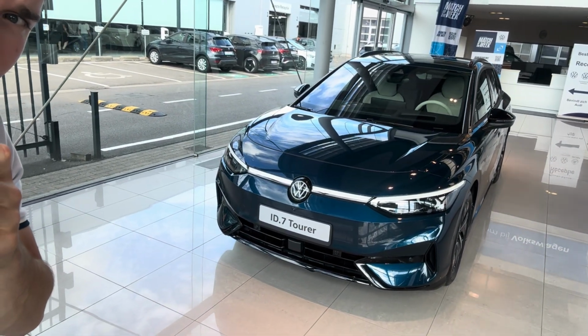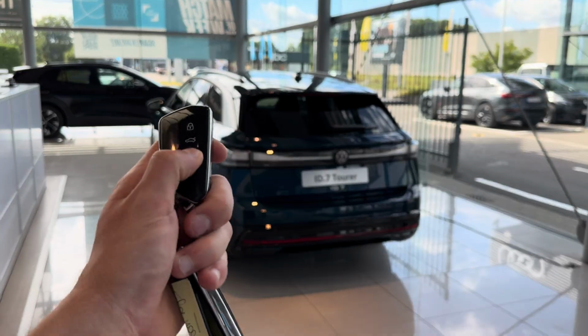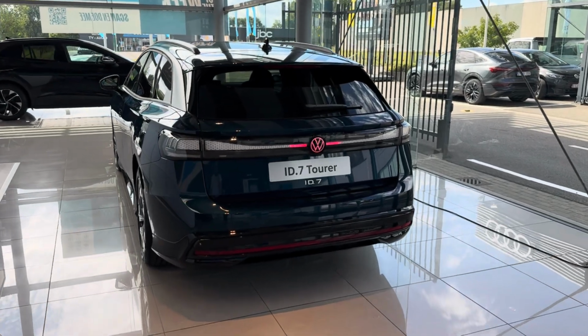This is the Volkswagen ID.7 Tourer, a European German masterpiece of engineering and an electric car that your eyes will open from. I will explain to you why this car is very great and really impressive. Let's dive in. Let's start with the exterior of this beautiful ID.7, and there you will see the logo lights